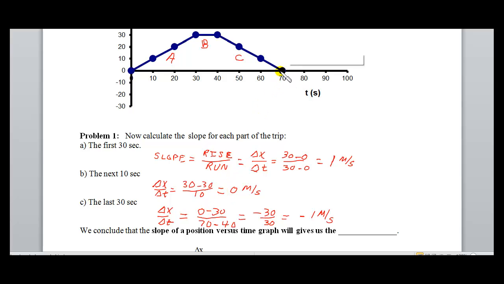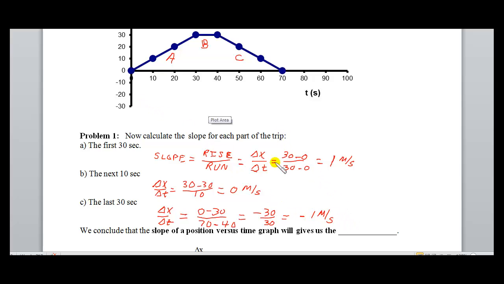Her final position was 0. She was back at her starting point. Initially, she was at 30 meters, so it's 0 minus 30. The time period was 70 minus 40, which gives me a negative 30 over 30, which is a negative 1 meter per second. So we can see that basically these are the velocity values that were originally given in the